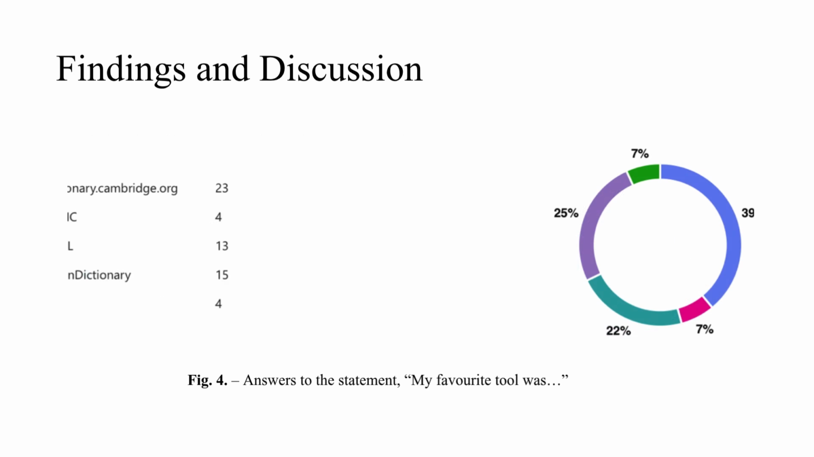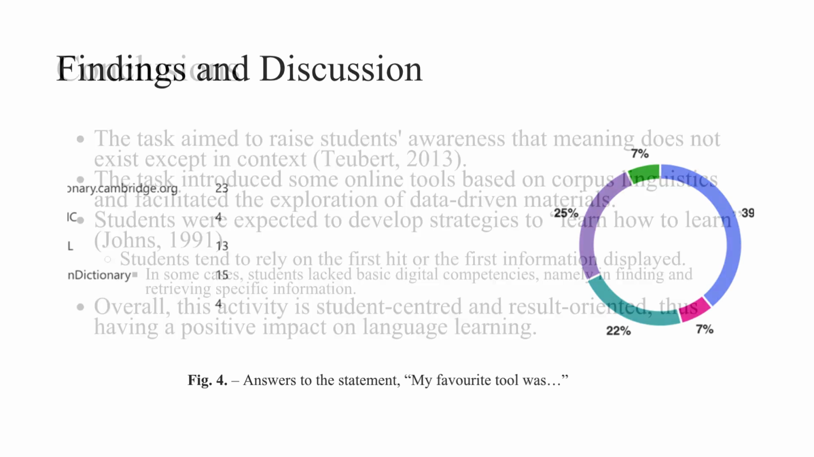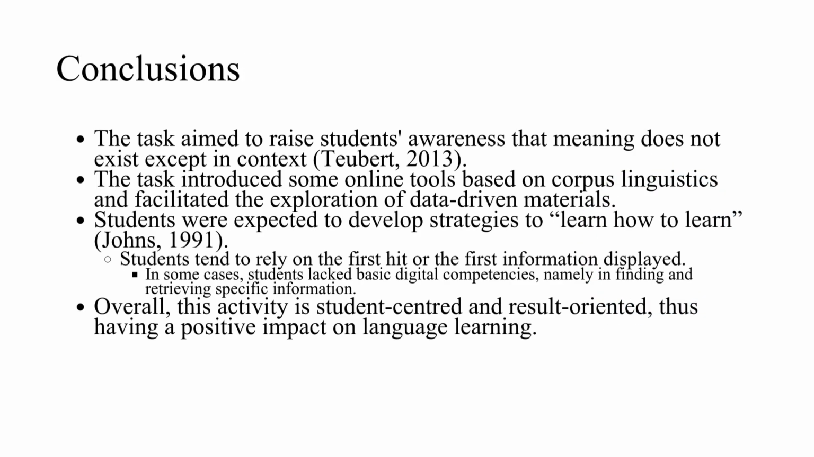Finally, question 5 asked students which their favorite tool was. Results show that although most students prefer Cambridge Learner's Dictionary, 25% selected the Urban Dictionary and 22% SCAL. While no relevant differences were found according to the study branch, Urban Dictionary was mostly selected by students enrolled in arts and humanities branches. This pilot study is an exploratory work on how corpus linguistics may be used in English